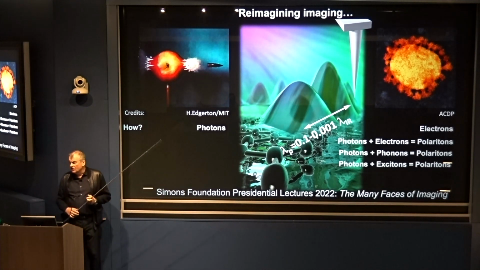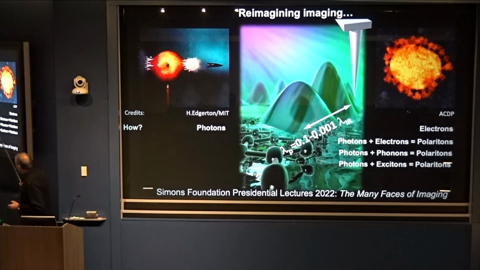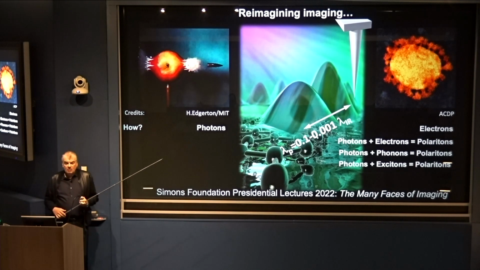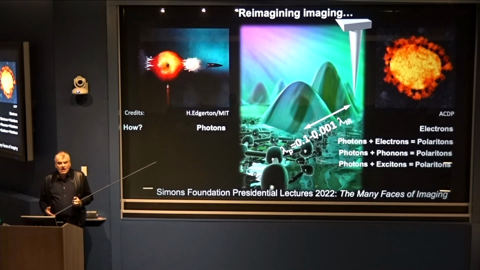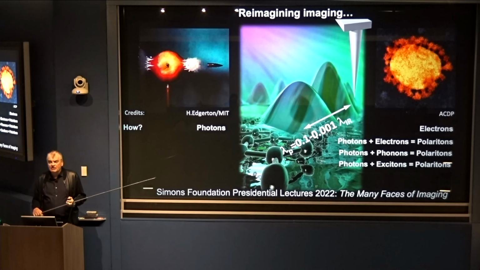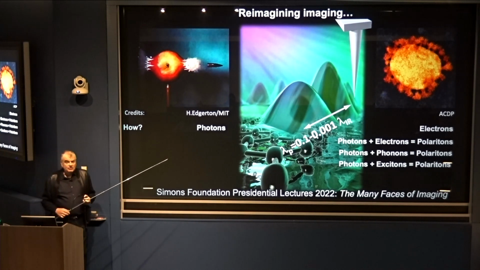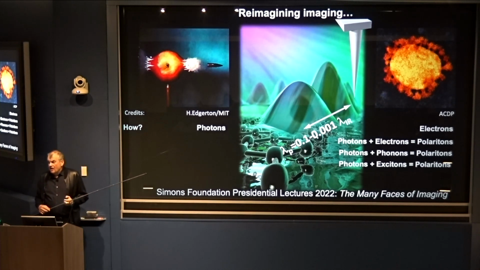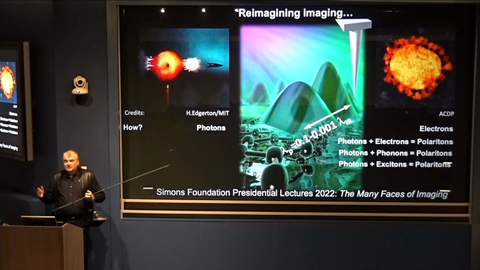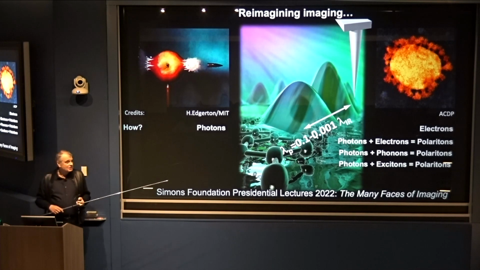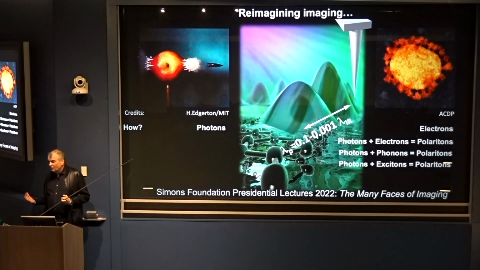The relevant wavelength is much smaller than the wavelength of light by many orders of magnitude. And this is wonderful. This was really our initial motivation to start with nanolight. We wanted to go to short length scales and to see subdiffractional objects. But in the course of doing this, we discovered that we signed up for something bigger. And with the help of polaritons, we can really reimagine how we proceed with imaging and with optical studies of